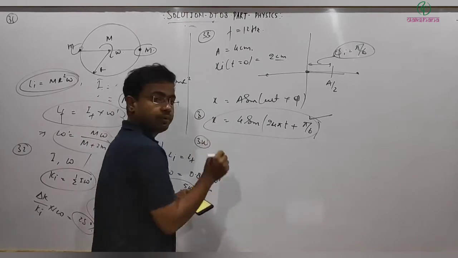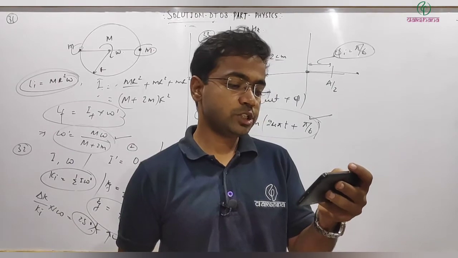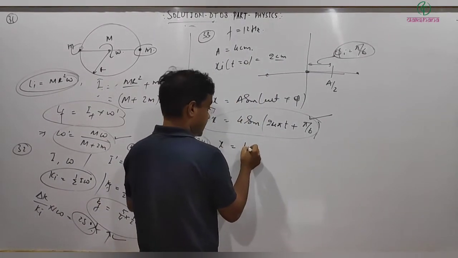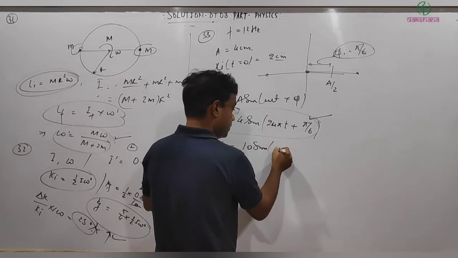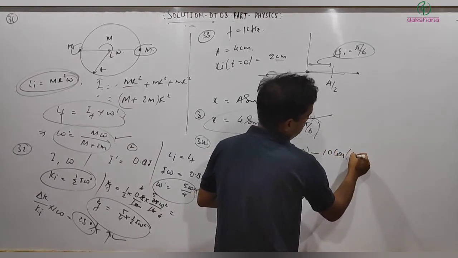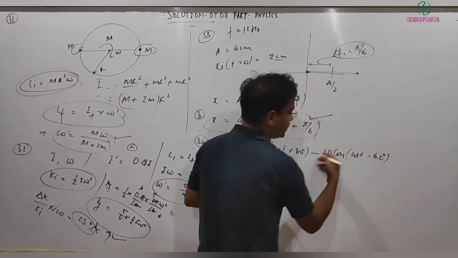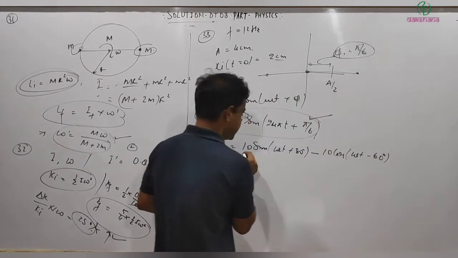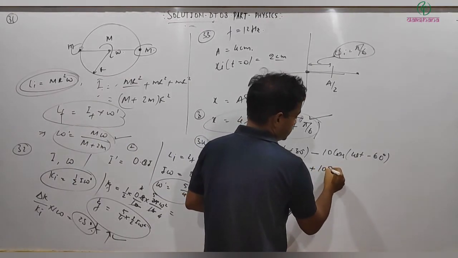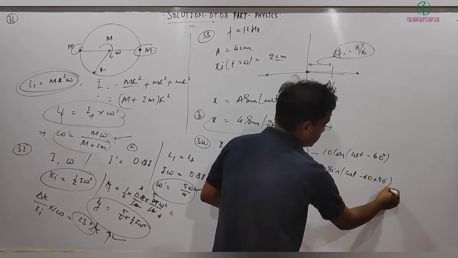Next, question number 34. The resultant amplitude due to the superposition of the SHM x1 and x2 is, so this is 10 sine of omega t plus 30 degree minus 10 cos of omega t minus 60 degree. We just need to rearrange it actually. So this is remaining the same, and the other can be written as 10 sine of omega t minus 60 plus 90, because